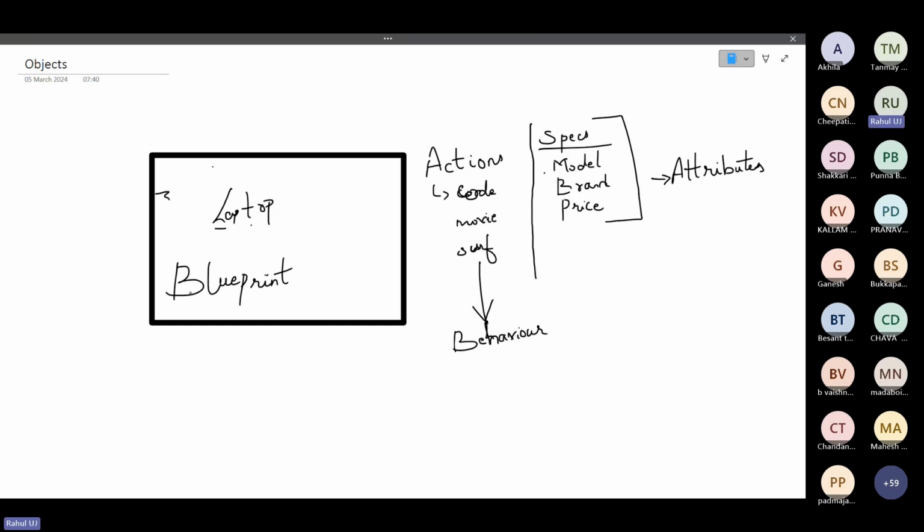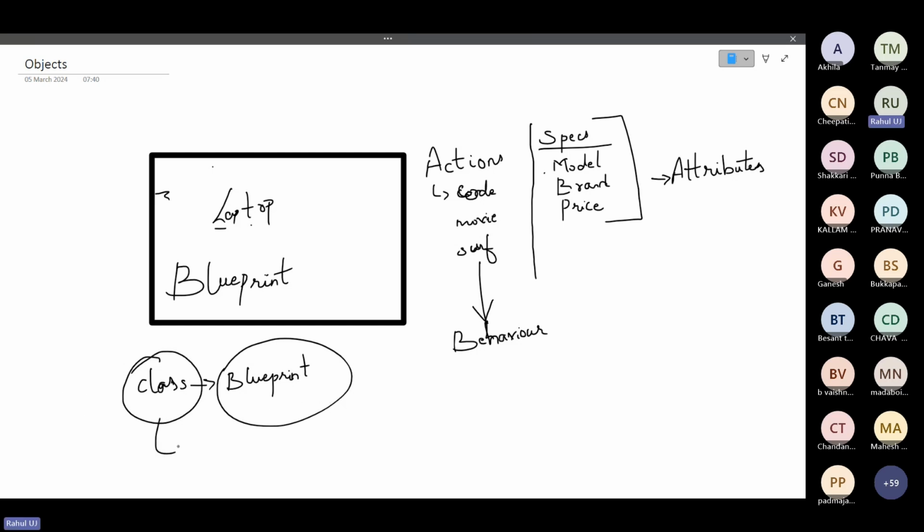In the same way, whatever class we write acts like a blueprint for the object. What is the role of a class? The role of your class is that it is a blueprint for the object. Why?